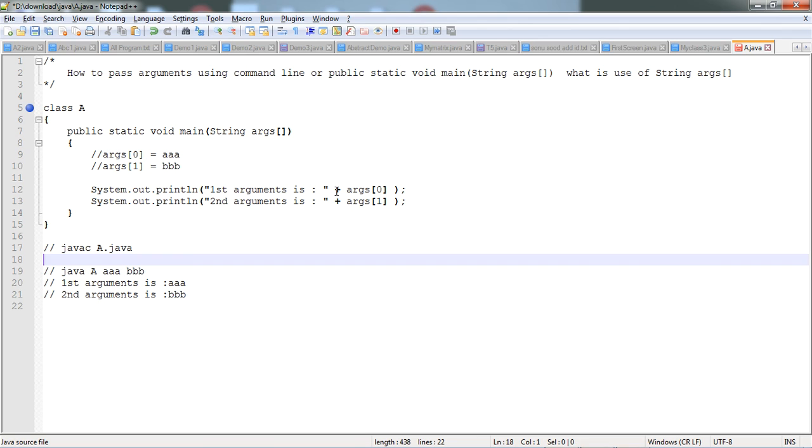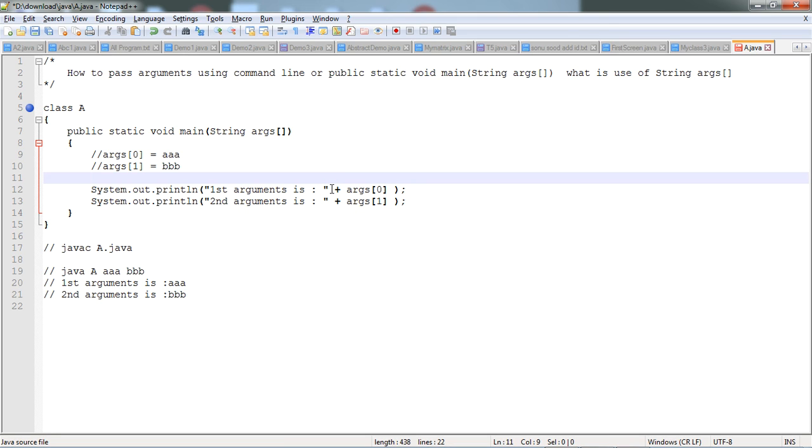Here one thing to keep in mind: what is the plus? Plus is one type of operator overloading provided by Java. The plus operator is used to concatenate two strings.